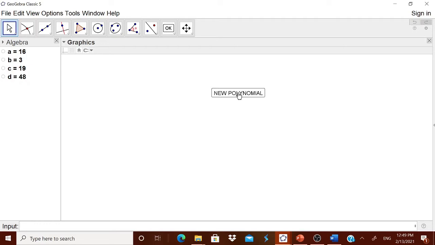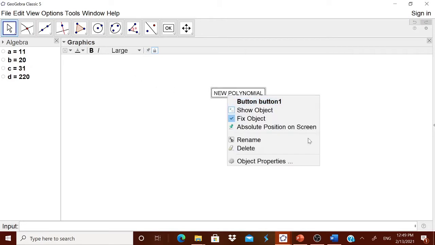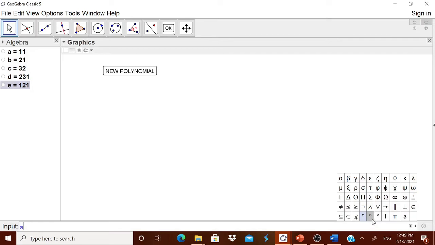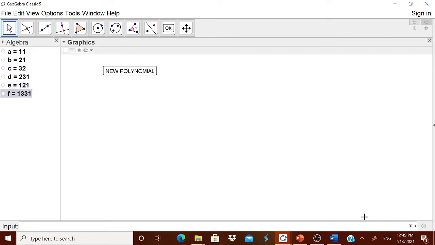Okay. Let us keep it here. Fix the object. It is fixed. Let us remove it and then keep it. Now I want to have the square of a, therefore I will type a square. I want the a cube, therefore I will type a cube. You can have b square and b cube also, it is left to you. Now if you go for this new and new, you are getting new. Okay, no problem.